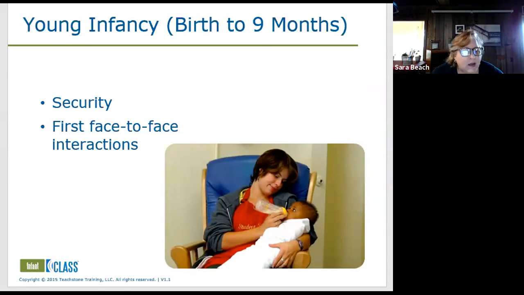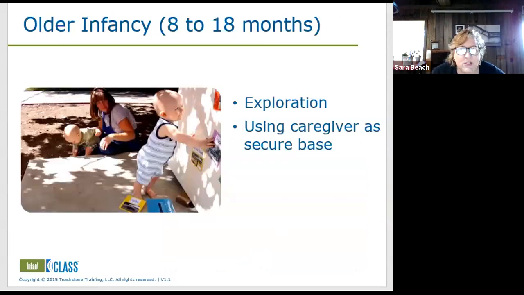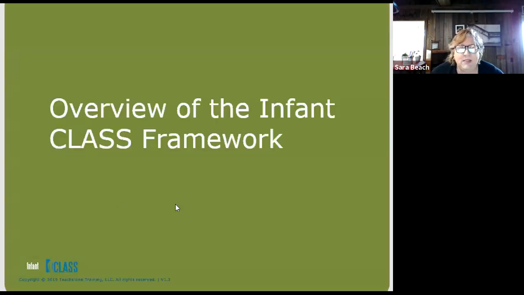So let's move quickly. I want to get to the dimensions now. We have about 45 minutes left. So we're going to go through the dimensions. I mentioned the different ages, we look at birth to 9 months, and then older babies. We see both in these videos, and we're looking at all ages from birth all the way through 15 months. So you see some mobile infants and some very non-mobile infants with this tool.